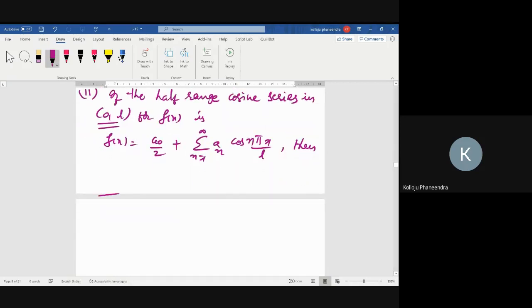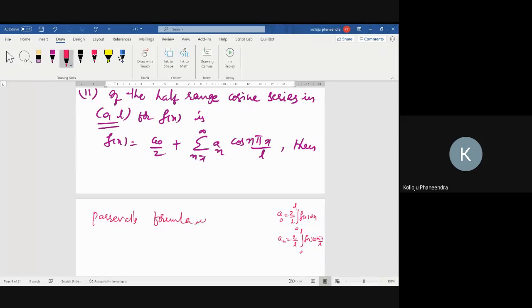What are the formulas? I'm giving them clearly here. What is the a0 formula in half range? a0 is 2 by L, integral 0 to L f of x dx, and an is 2 by L, integral 0 to L f of x into cos n pi x by L dx. Then Parseval's formula